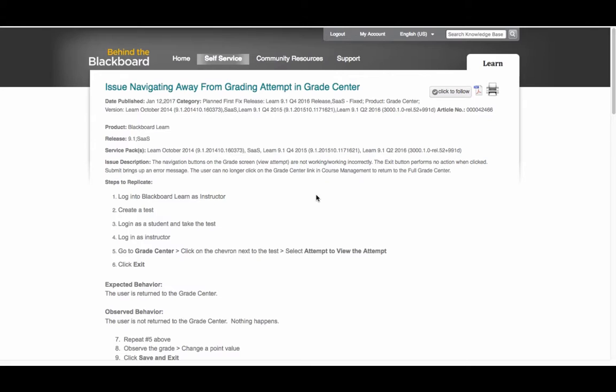The known issue that's associated with it is just called "issue navigating away from grading attempt in grade center," but there's a little bit more to it than just navigation. So let's first demonstrate what the symptoms of the problem are, and then I'll show some workarounds to the situation. So we'll go ahead and